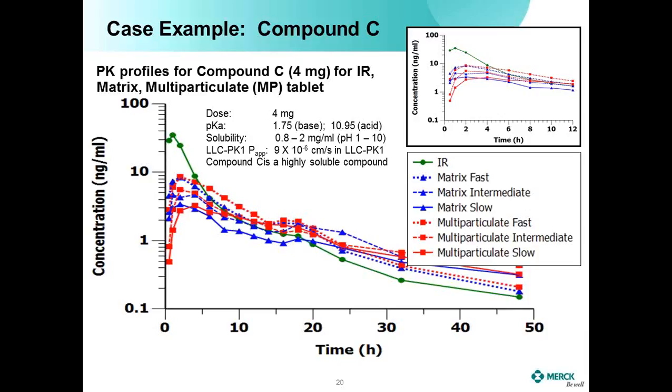First of all, as I said, we need to build a PK model, and we also collect drug information. The PK model can be built just by fitting the IR PK data. You see we have the green curve here for the immediate release formulation. Based on that PK data, we fit the pharmacokinetics using the GastroPlus PK Plus module to get PK parameters. So this is the first step to build the model.